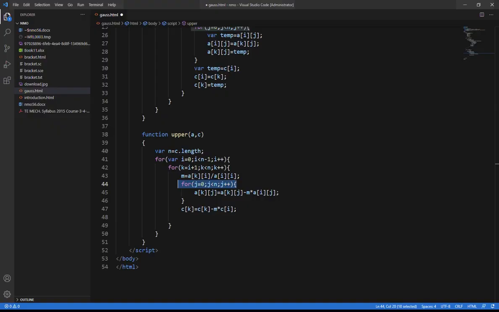So the logic is very clear. If you have understood the upper triangular form, you can type U, please. So this finishes the logic.